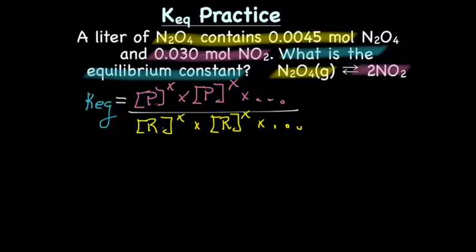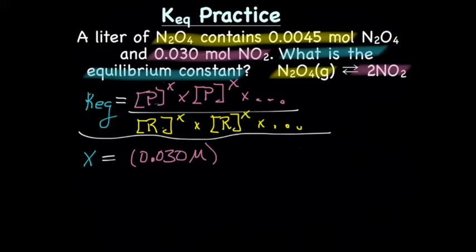All right, so now let's plug this information into our formula. So we're going to have x equals, let's now find our products because products go on the top, and our product is 0.030 mole per liter or molarity. Does it have a power or a superscript? The answer is yes, because we have a coefficient. Okay, so it'll be